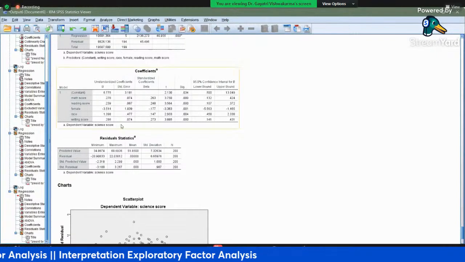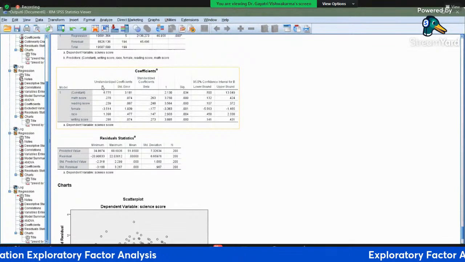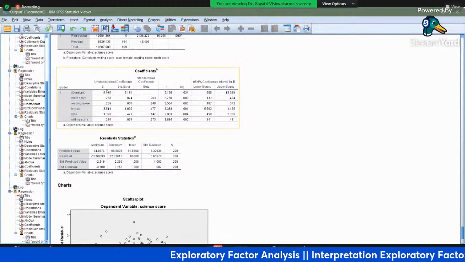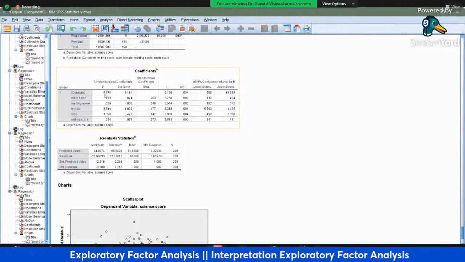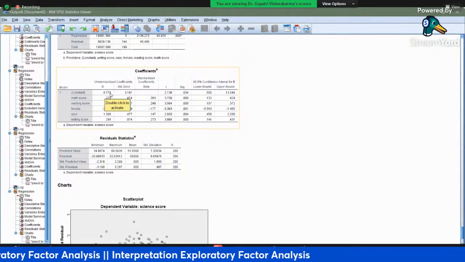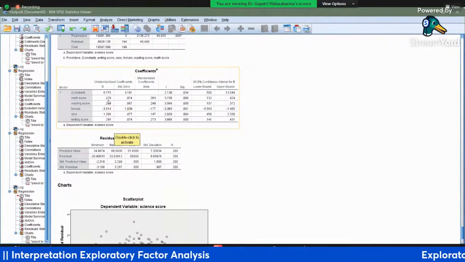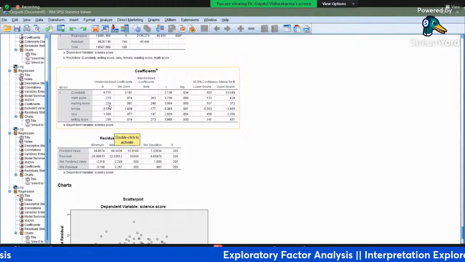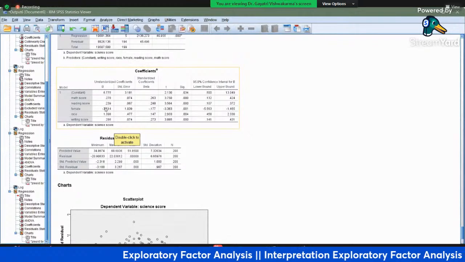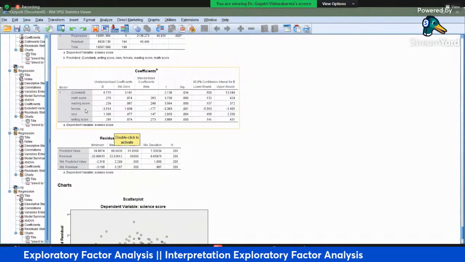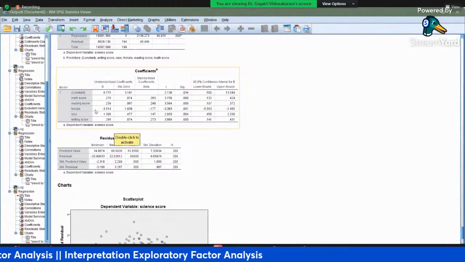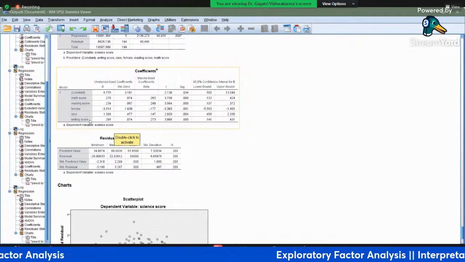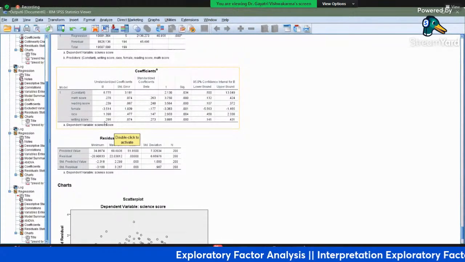So in this model, these are the beta. See, B means beta, that means regression coefficients. So you have to write your regression equation something like this: 6.755 plus 0.278 into math score plus 0.239 into reading score minus 3.5 into female, or maybe you can write gender. Then you can write plus 1.39 into race, and then writing score plus 2.8.